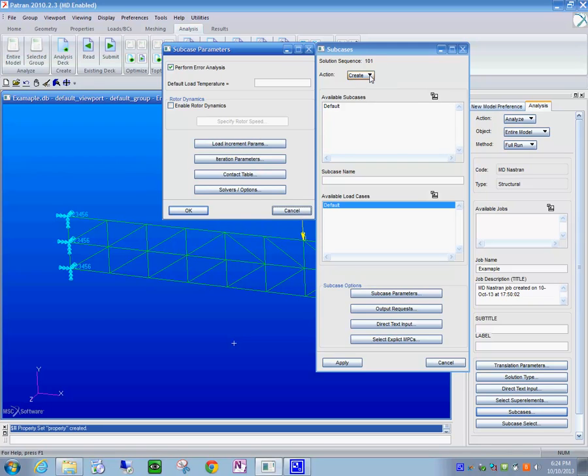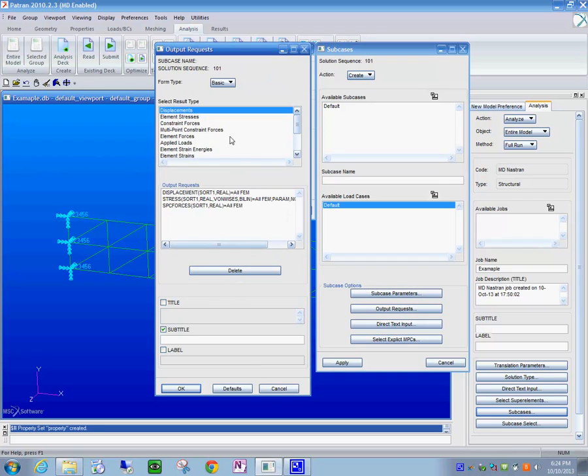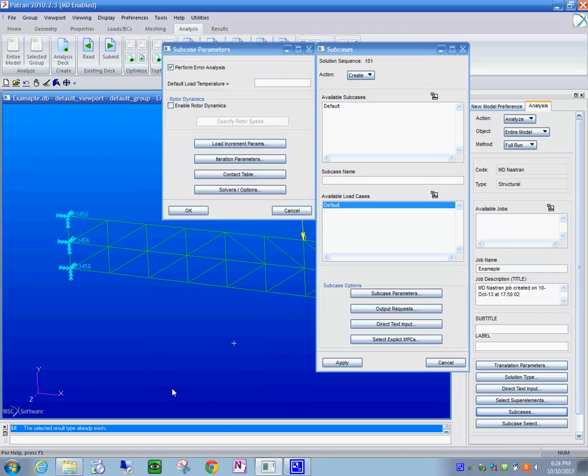We need to do that. So we are saying that this is the solution that we want, and then we are going to go and say apply,